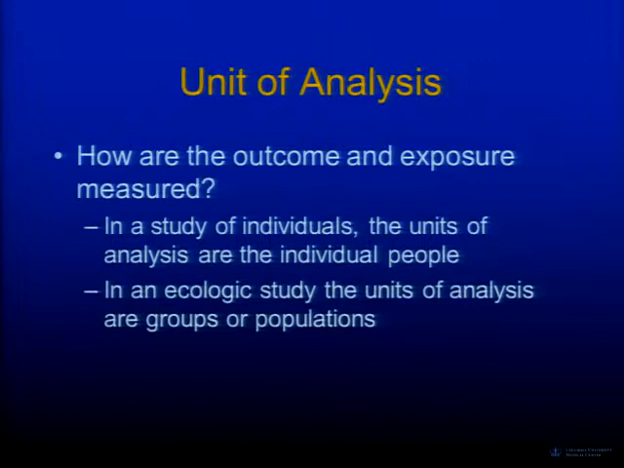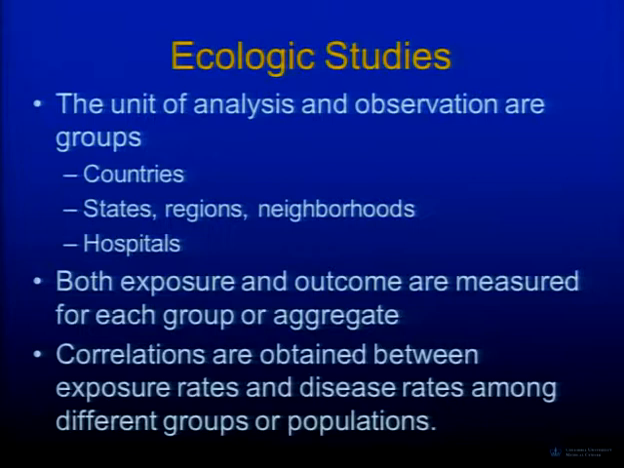groups or populations. And these can vary in their size. So when we do ecologic studies, it could be as small as a county within New York State. It could be larger, like a state or a region, the Northeast. It could be the size of a neighborhood. It could be based on hospitals. But in this case, when you do an ecologic study, the exposure and the outcome are measured for each group or aggregate, not for the individuals within that county, but for each county. And then we basically use correlation analysis to look at the exposure rates and disease rates and see whether or